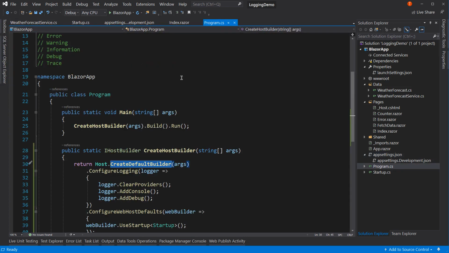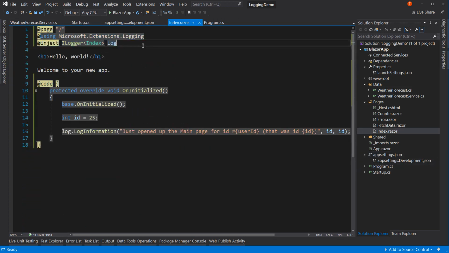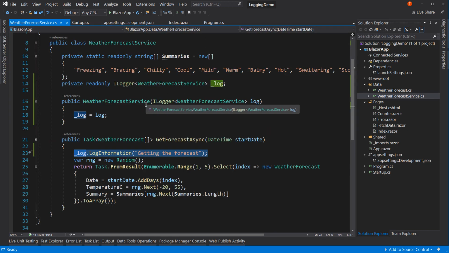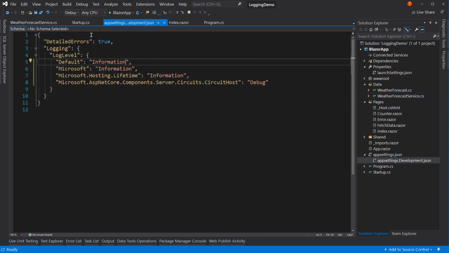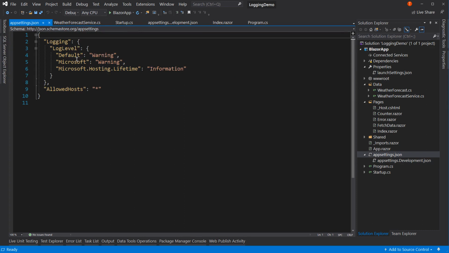And that's all we have. And from that, we can inject our logger into our Razor pages or into our C# applications. If we want to tweak that, we can either tweak it in appsettings.Development.json if we just want those settings